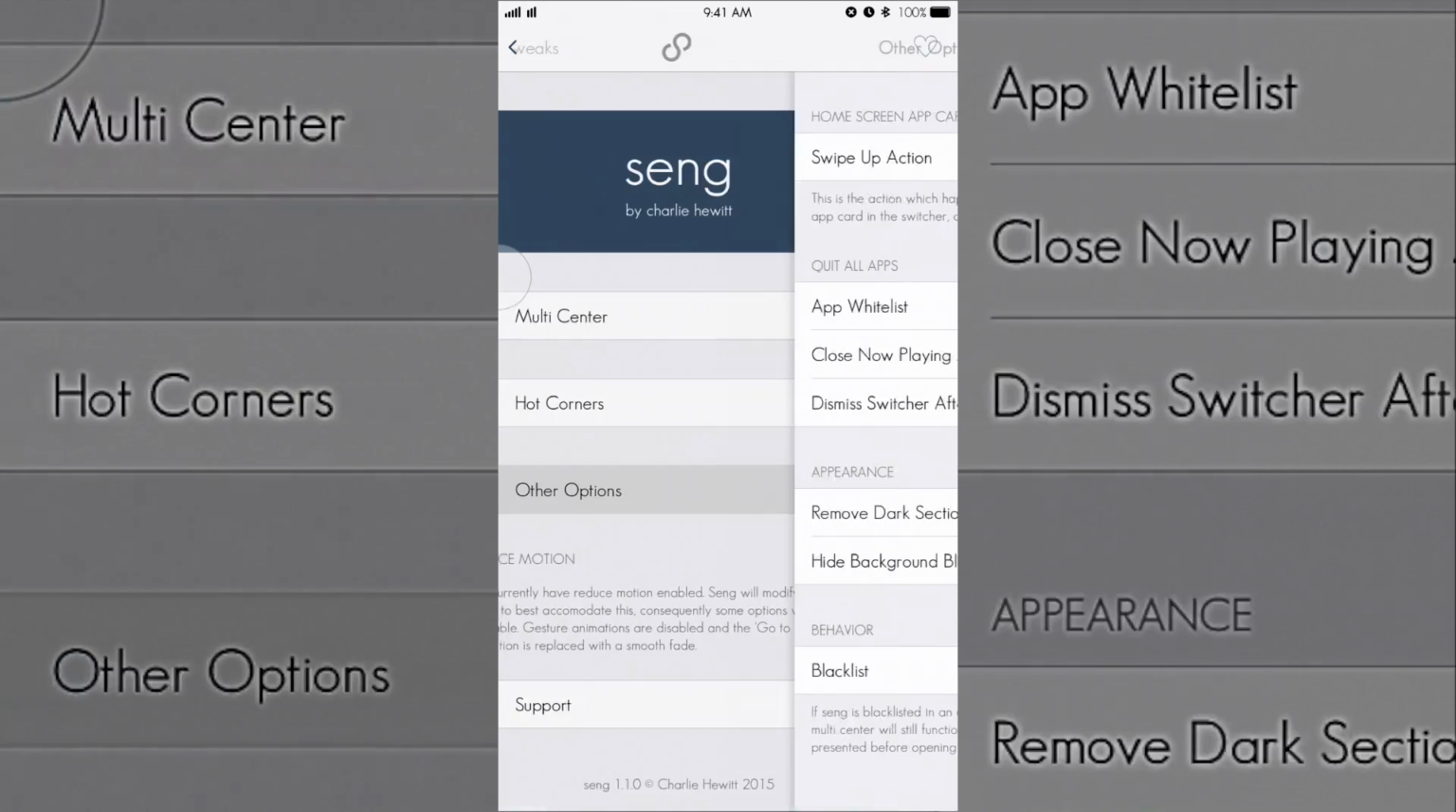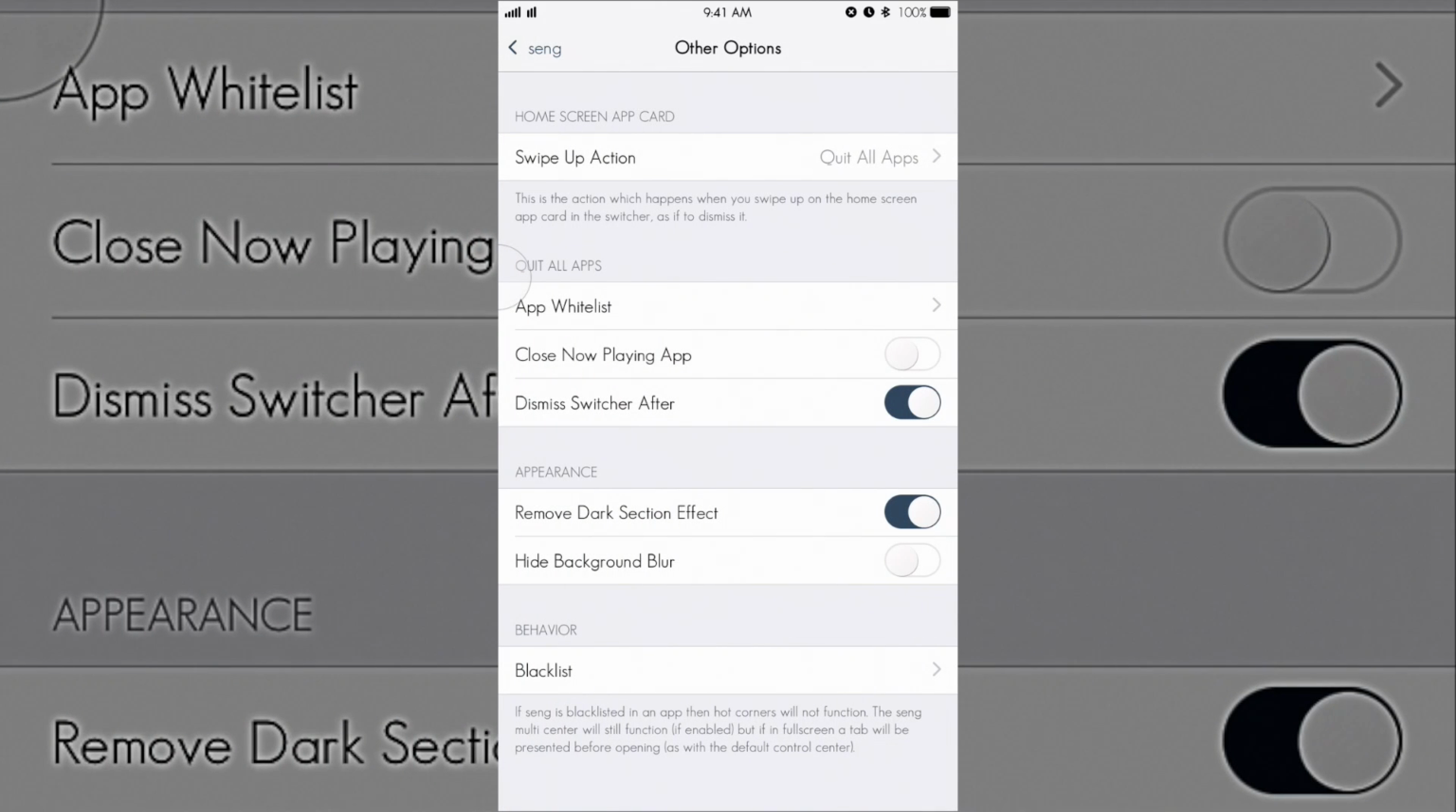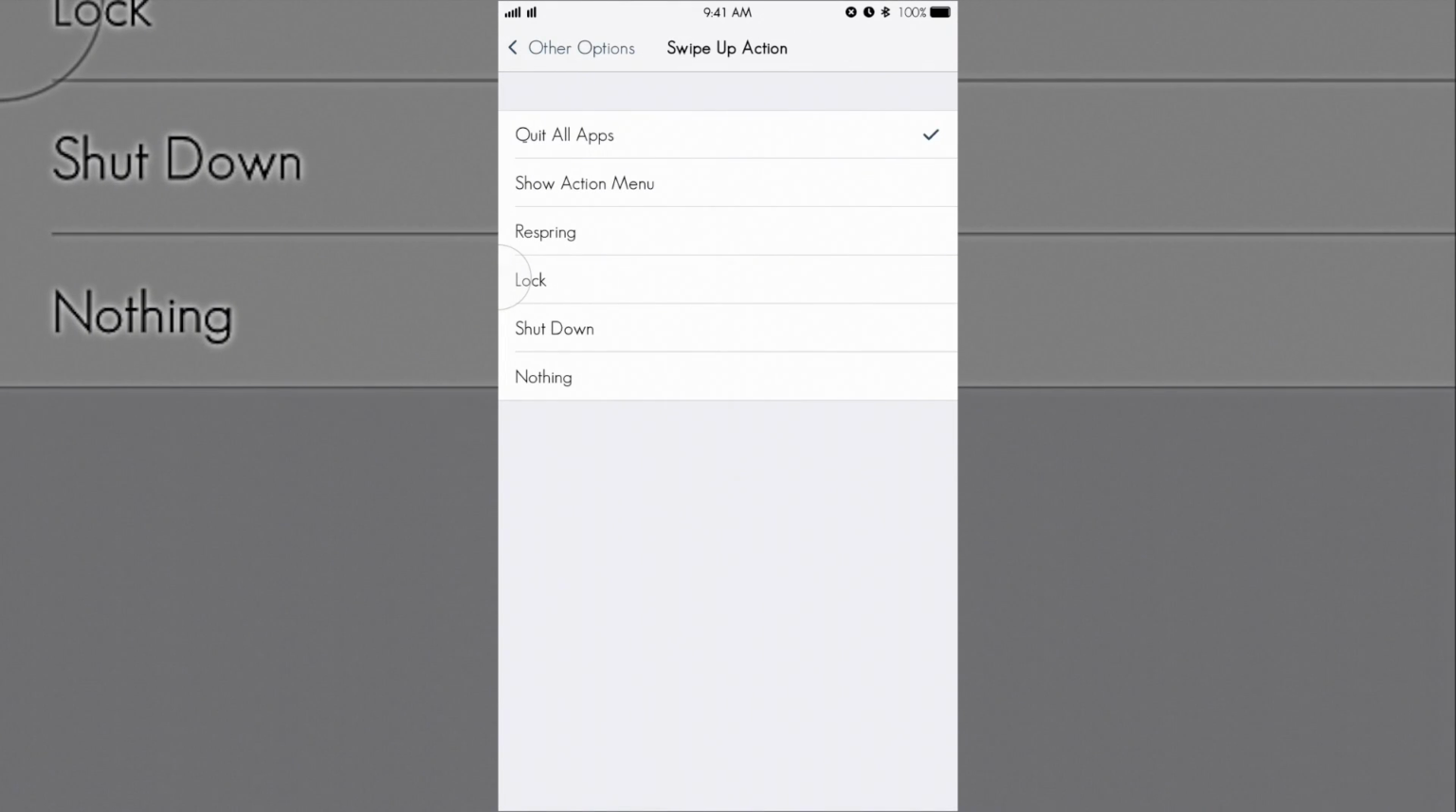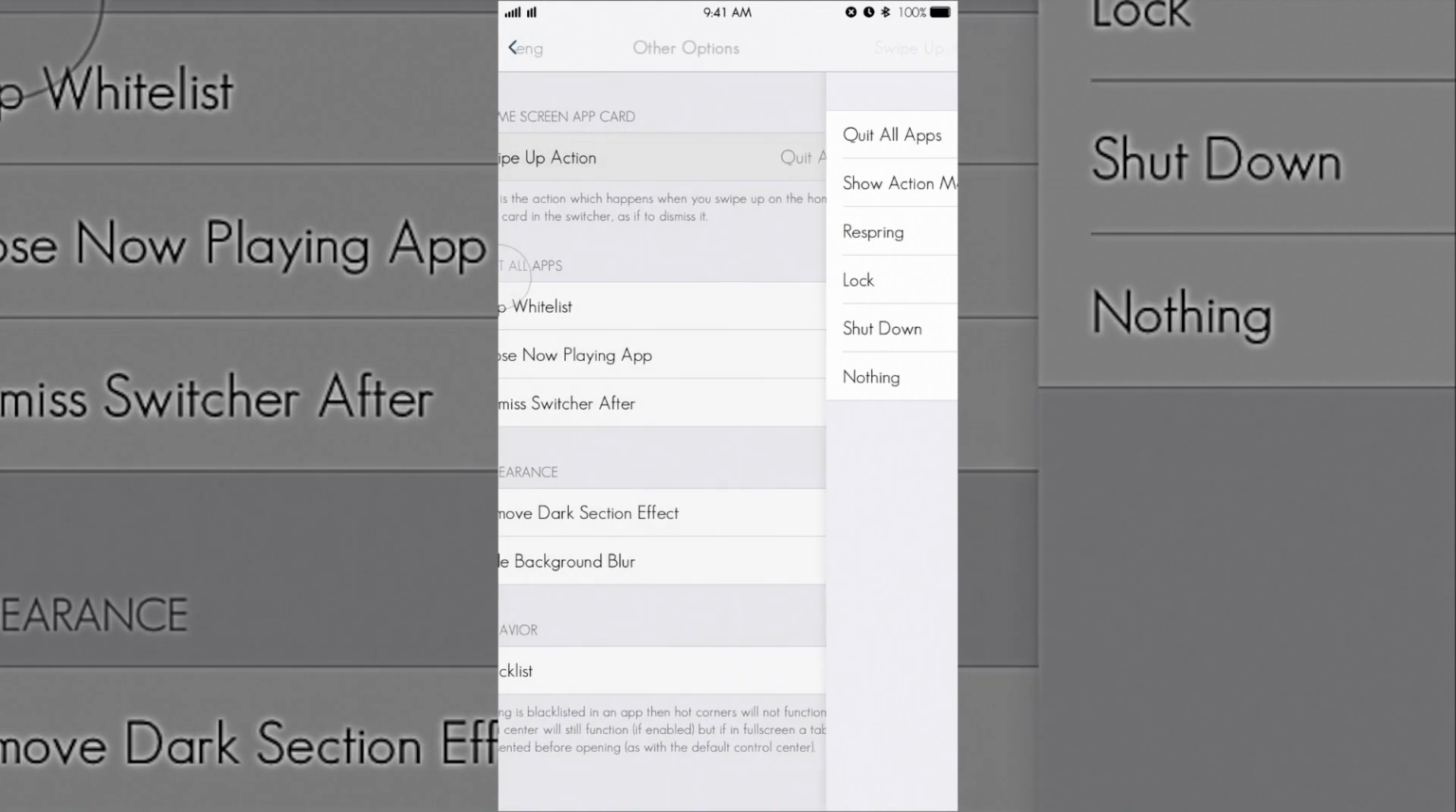The next one is the other options, where you can select what you want to happen if you swipe up on the home screen app card. I have it set to quit all apps, but you can change it to show your action menu, which will help you decide what you want to do. Either you can quit all the apps, or respring, lock, shut down, or do nothing. And